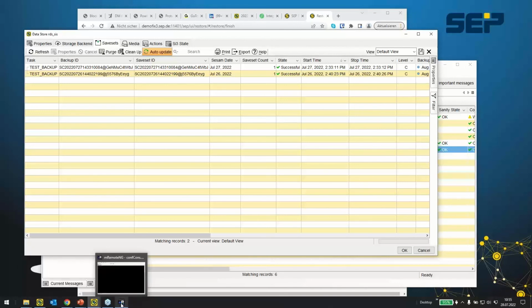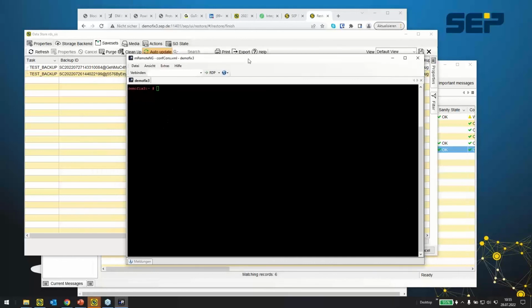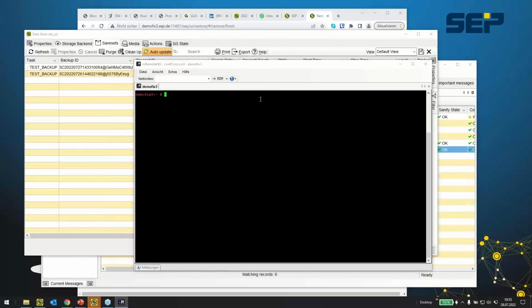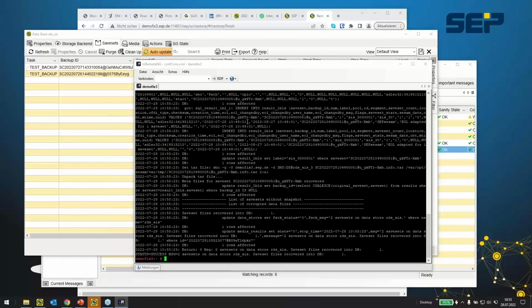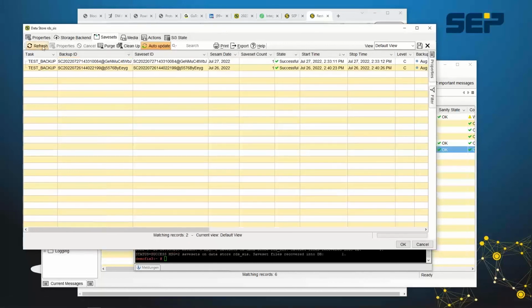You know that we have this little functionality in our software that we can recover save sets from the data store itself. I'm now here on the backup server on the demo fix 3, and I will run the command smdatastore check database drive 3 and recover all save sets from drive 3. Now it extracts the save set data from the data store and sets the database entry once again, and then it should be